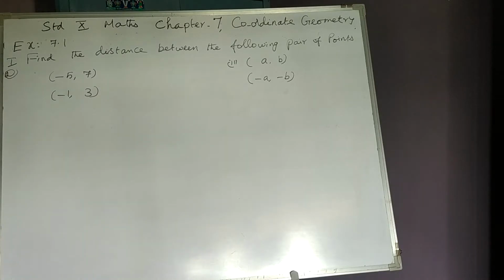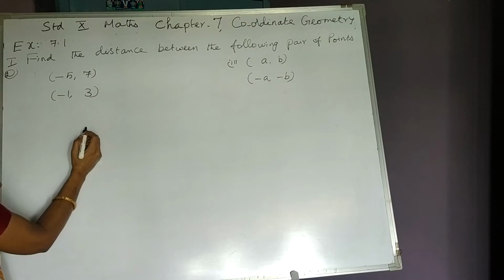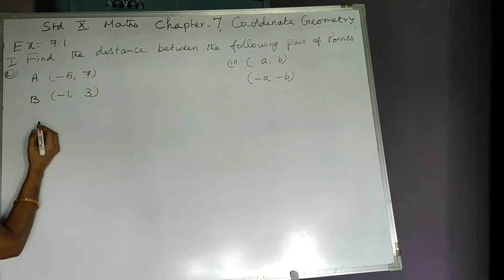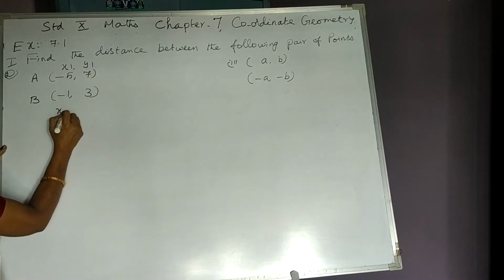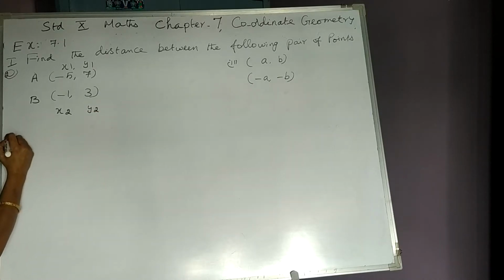Second sum, (-5, 7) is given and (-1, 3) is given. We are asked to find out the distance between the following pair of points. I name this as A and this as B. I take the first coordinate as x1, y1 and the second coordinate as x2, y2. By distance formula,